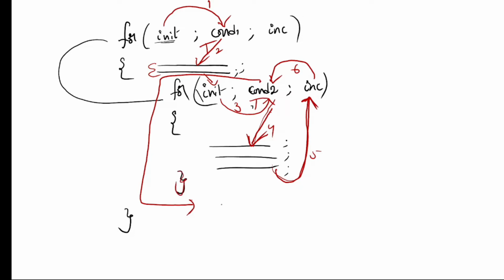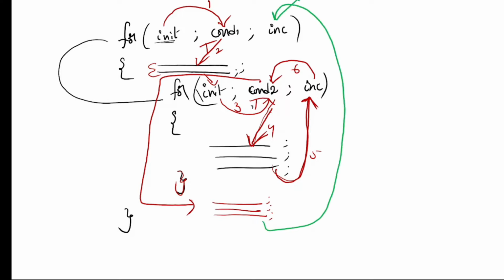So out of this for loop, if any statements are present in this particular block, then those statements will be executed. After that, control comes to this incrementation, outer for loop incrementation. After this incrementation, control comes to this condition. If this condition is true, the same process will be repeated. Statements executed, initialization, again condition, next statements, next incrementation until this condition is false.